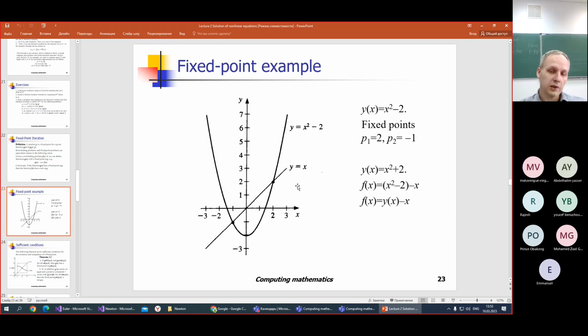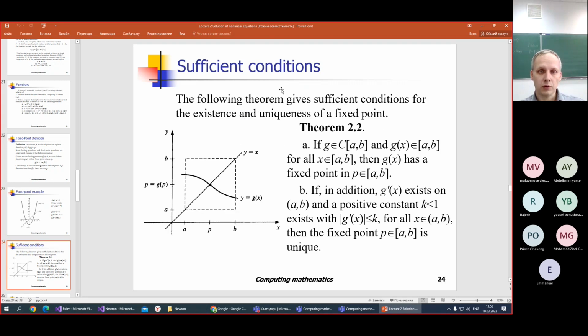But we can ask a question. Does this function have a fixed point or not? The following theorem gives sufficient conditions for the existence and uniqueness of a fixed point. This is the formulation of this theorem. If the function g of x is continuous and